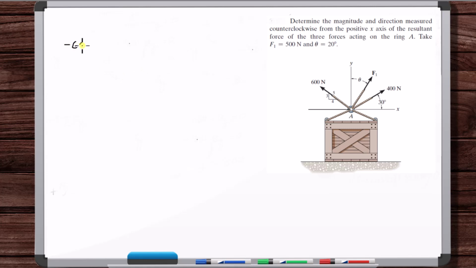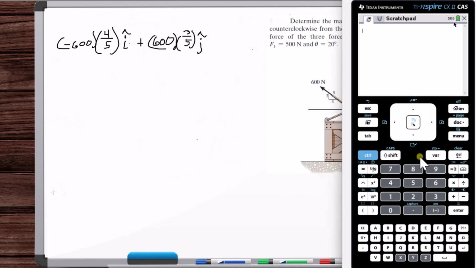So you've got minus 600, and then in the x, 4 over 5, right, 4 over 5, that's i hat. Plus, now in the positive y, 600 times 3 over 5 j hat. So 480 minus